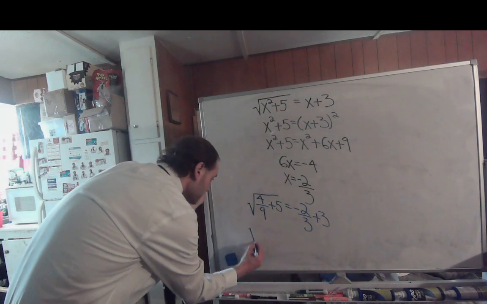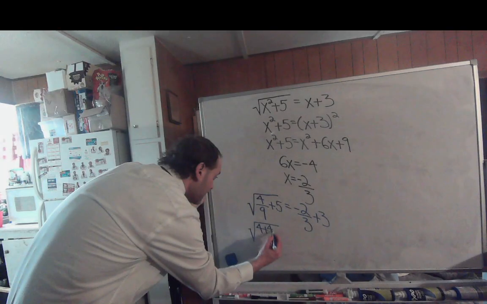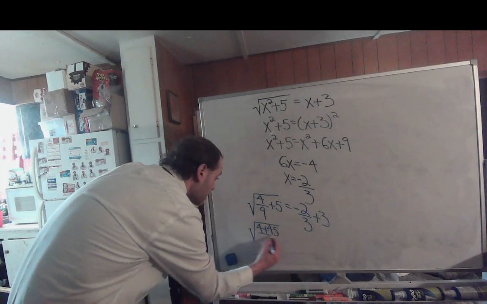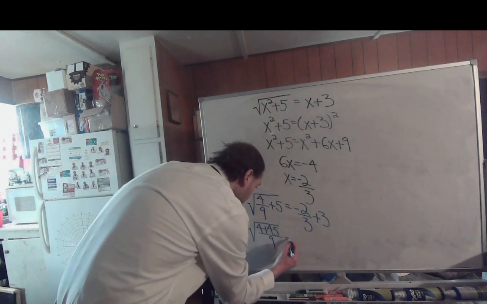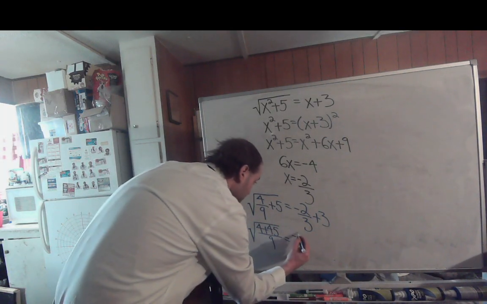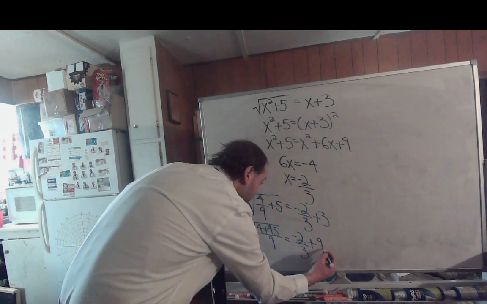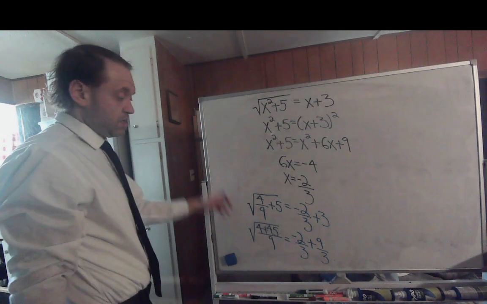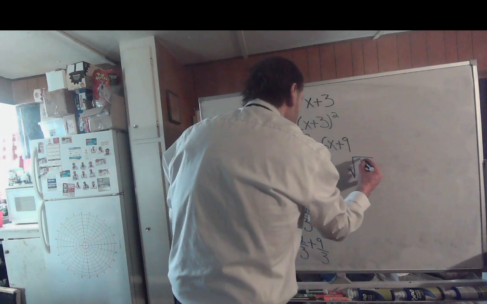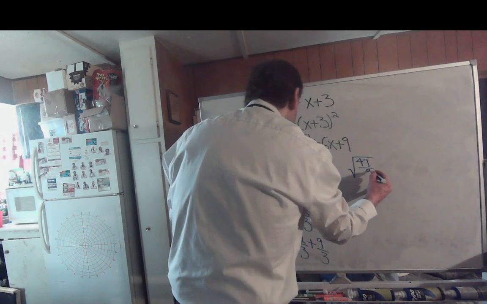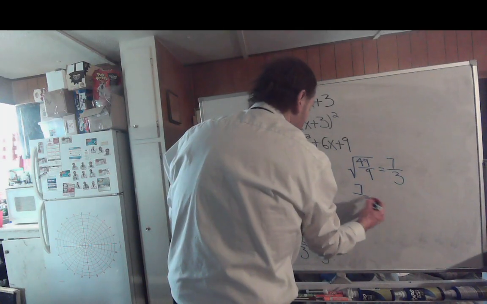So this would give you the square root of 4 plus 45 all over 9, which would end up, negative 2/3 plus 9/3. So this would turn into the square root of 49 over 9 would equal 7/3, which would give you 7/3